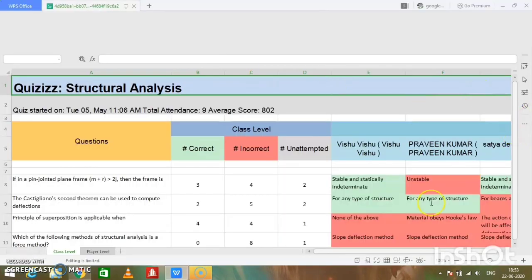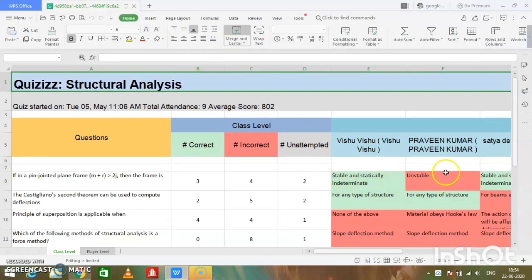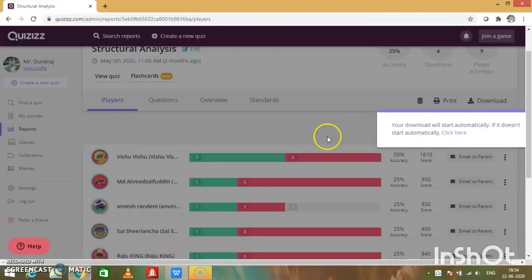Here you can see, for each and every question, what each and every student has answered. If it is correct, it will come in green color. If it is wrong, it will show in red color.